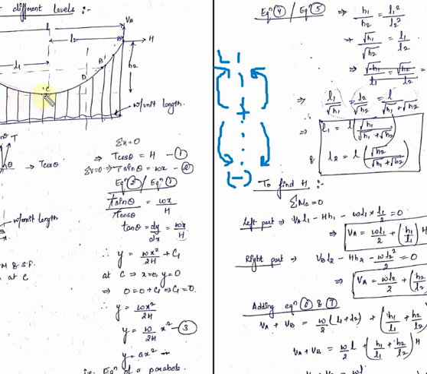Second force is H. So H will produce an anti-clockwise bending moment about the C point, and if the left moment is anti-clockwise, bending moment is negative. So minus H, and the perpendicular distance of line of action of capital H from the C point is small h1. So minus H into h1.